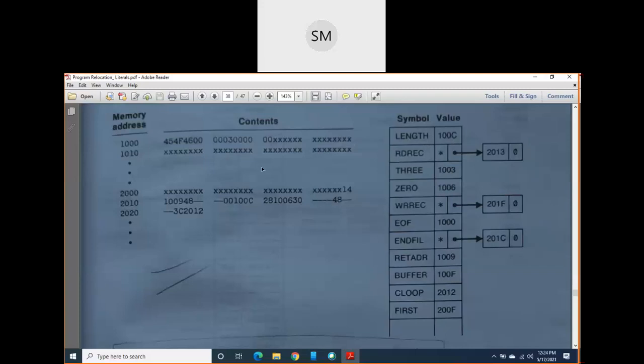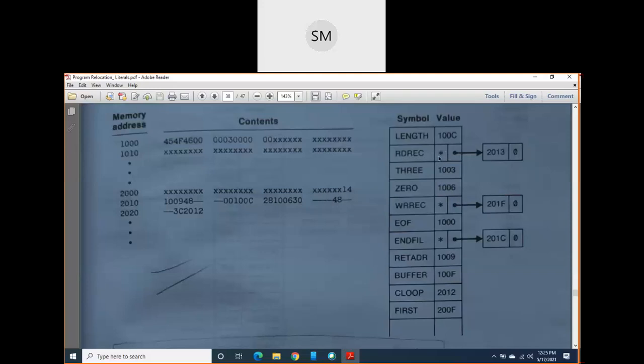But when you come to JSUB RDREC, you have to mark it as undefined. You will make an entry for that symbol, but you don't know the value, so you mark it as undefined. The star indicates undefined.